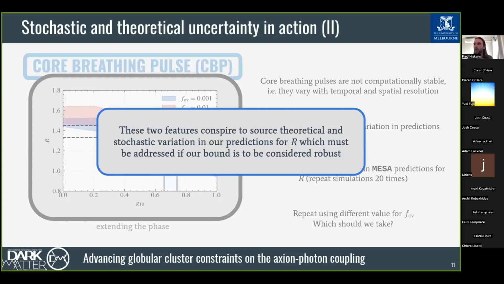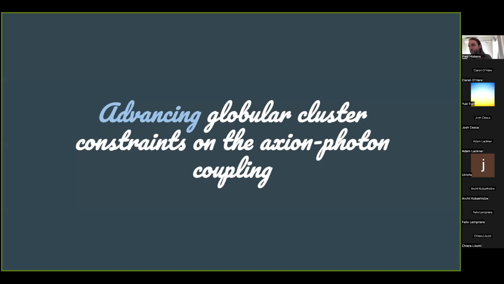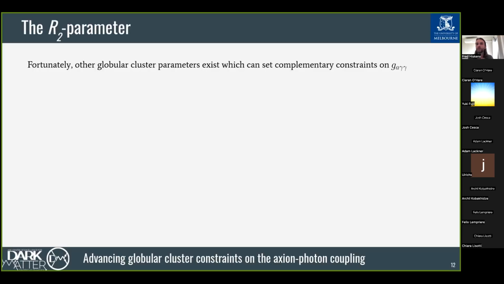And so just to summarize, these two features here that I've explained conspire to source both theoretical and stochastic variation of predictions for R, and we would want to address these if we were going to consider a bound like this robust. Okay. So fortunately, other globular cluster parameters exist, and these can be used to set complementary constraints on